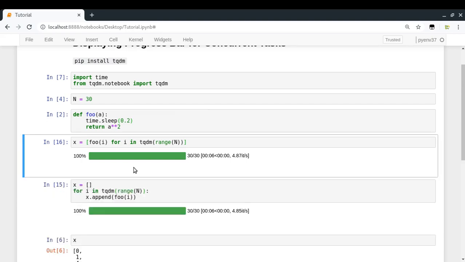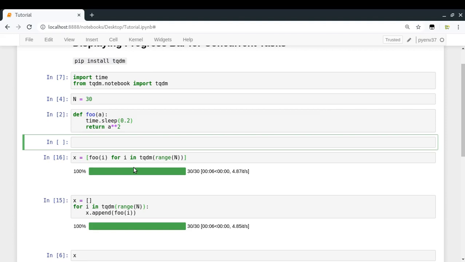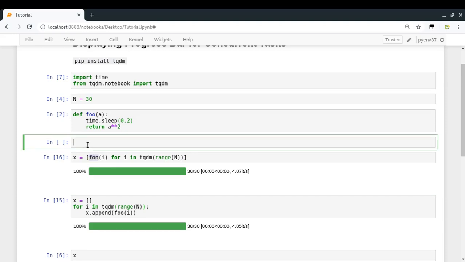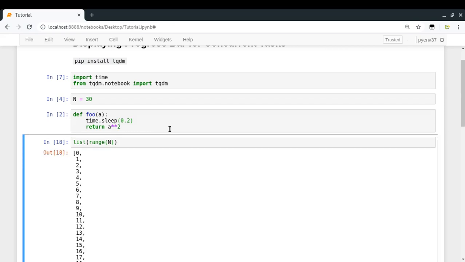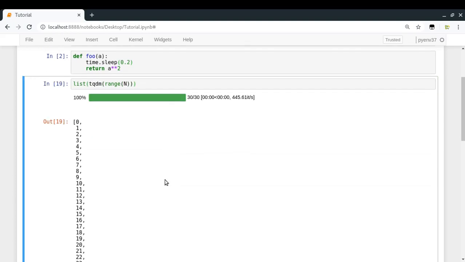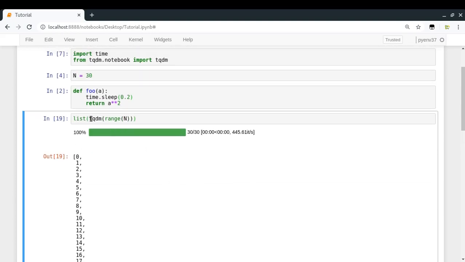And now one more thing that we can do here to make it much simpler is use the map function to map the foo function over it, and then convert it to a list to generate the final output. So let me do that now. Just see this first, list of range(n). What is it? This is this, right? And if I just try to wrap it with tqdm, we get the pretty progress bar. Now what I need to do here is replace this iterable with the iterable which is generating the squares of the numbers.